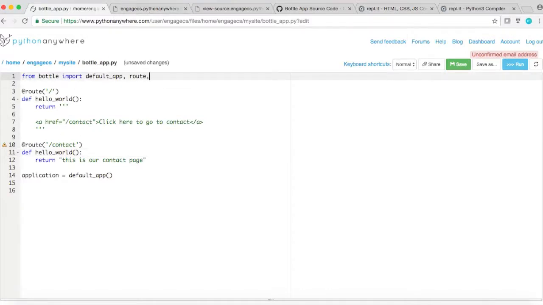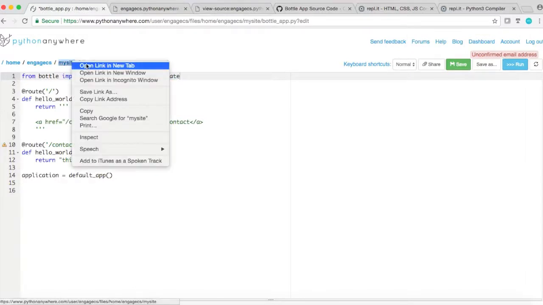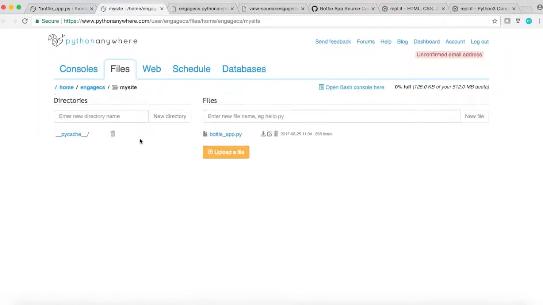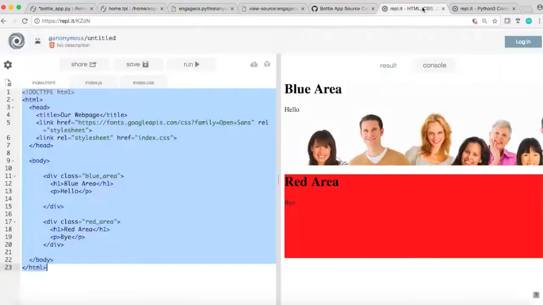So we need to import something called template. So add that to your import. And let's go back out to my site. I'll open this in a new tab, and we want to have a new template. So let's go ahead and call this one home.tpl. All right, so this is our template. I'll create that file, and we're going to take our code from here,